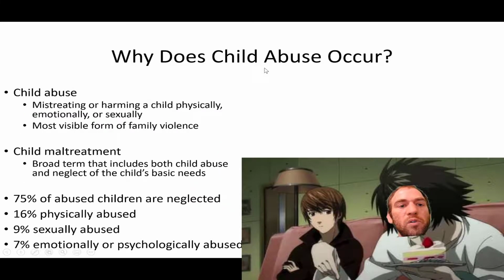Wrapping up with child abuse. Why does child abuse occur? Child abuse is defined as mistreating or harming a child physically, emotionally, or sexually. It is the most visible form of family violence. Child maltreatment is a broad term that includes both child abuse and neglect of the child's basic needs. 75% of abused children are neglected, 16% are physically abused, 9% are sexually abused, and 7% are emotionally or psychologically